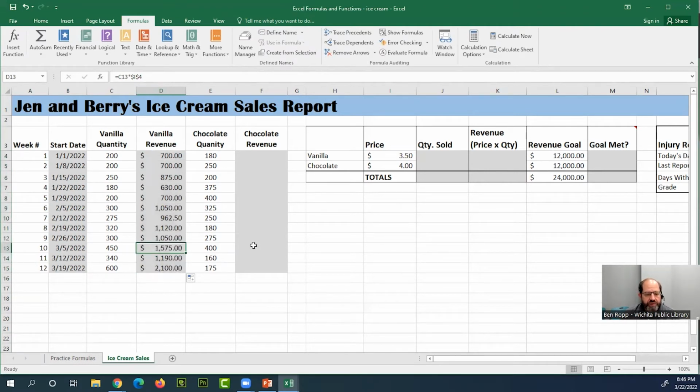Now it looks like it worked. So you notice the quantity of vanilla for the first 2 weeks is actually the same as before, when it was using the price for chocolate, and then it was using these blank cells and the word totals. So if I double click on one of these here, you can see it's remembered that I4 is the absolute